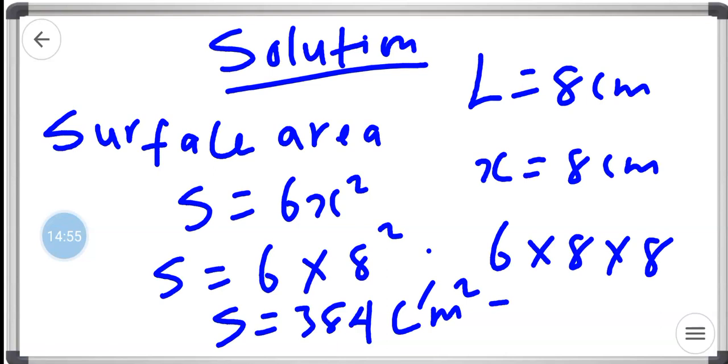So we said surface area S equals 6x squared, and from the question, x is 8 centimeters. So that's 6 multiplied by 8 squared, and that gives us 384 centimeter square. So for the second question,